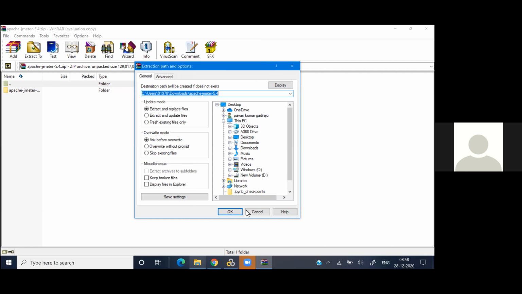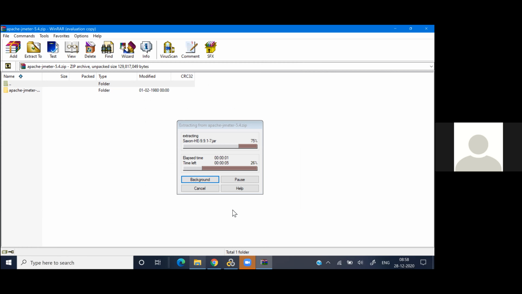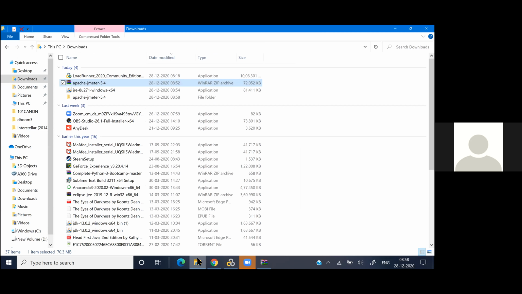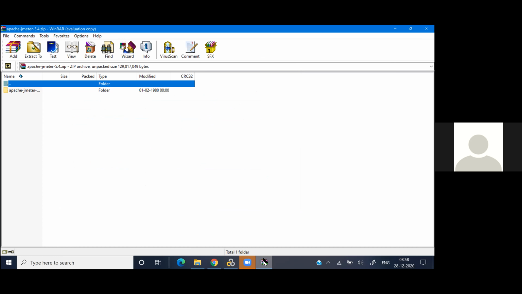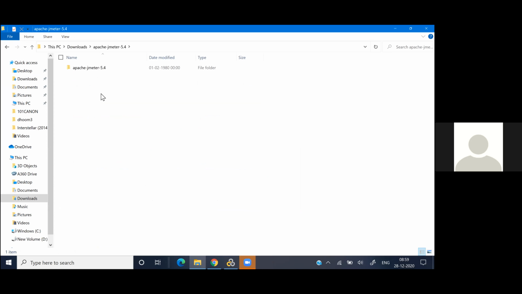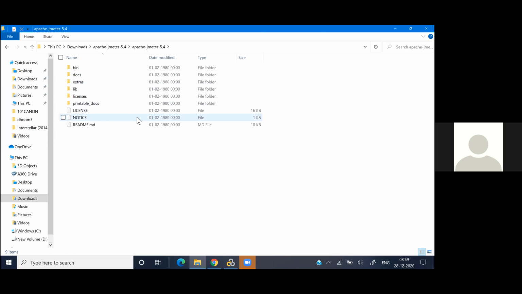I'm extracting it to this folder. Right, we are done with extraction. I'm closing this. You have JMeter extracted to this folder.